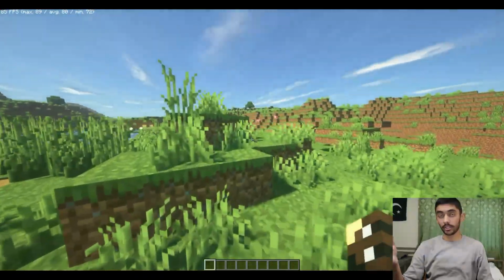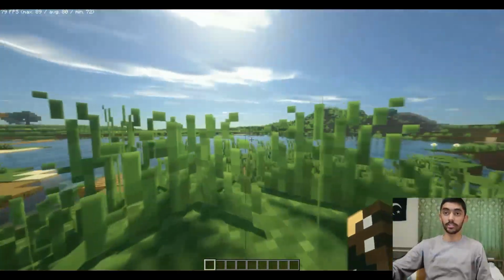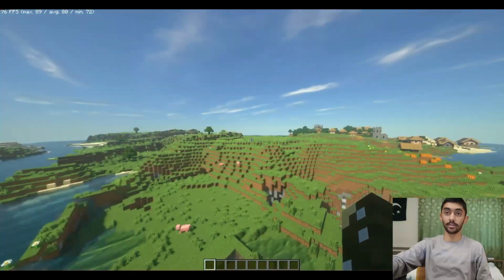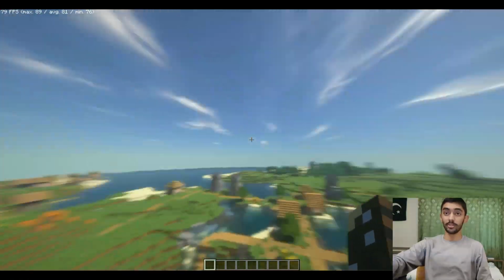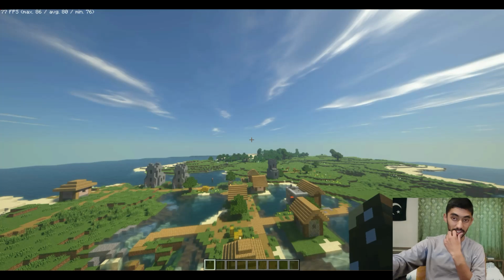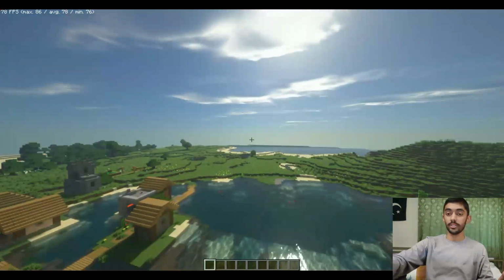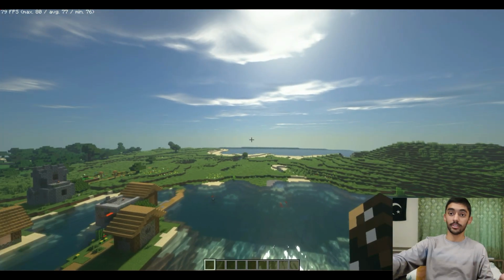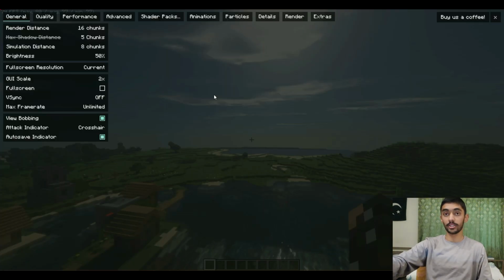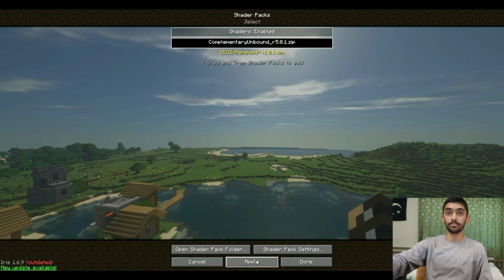The only thing that I hate about these Sue's renewed shaders is that these do not have any fog. You see, there's no fog, so you can see where your world is ending. And I think that actually sucks, man. Like if I just switch the shader pack that I have,